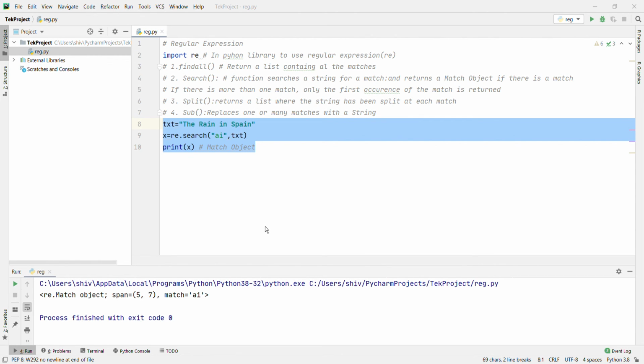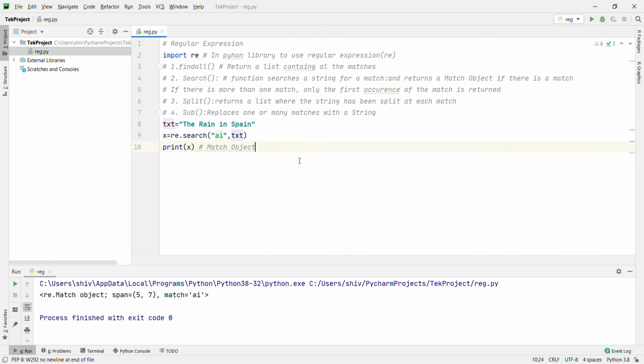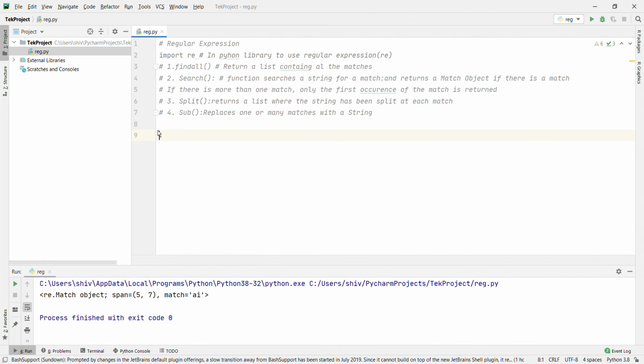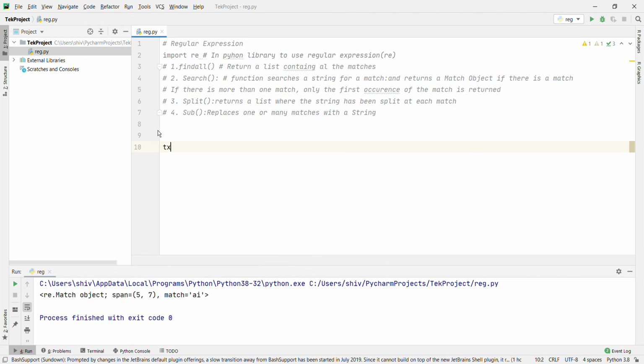Now I am going to show you one more example. In the search itself, if no match is found, the value None will be returned. Let's remove this one. Text equal to "the rain in Spain", same example, same sentence, x equal to re.search.